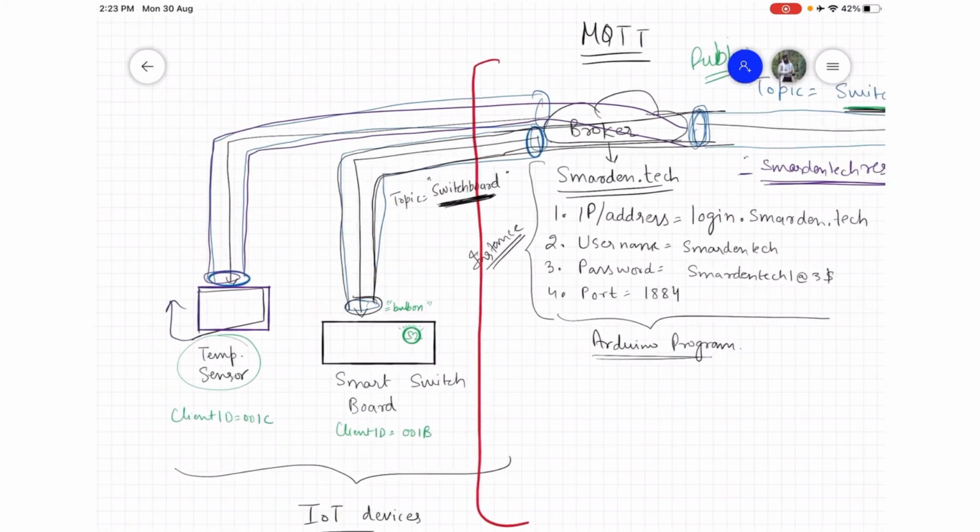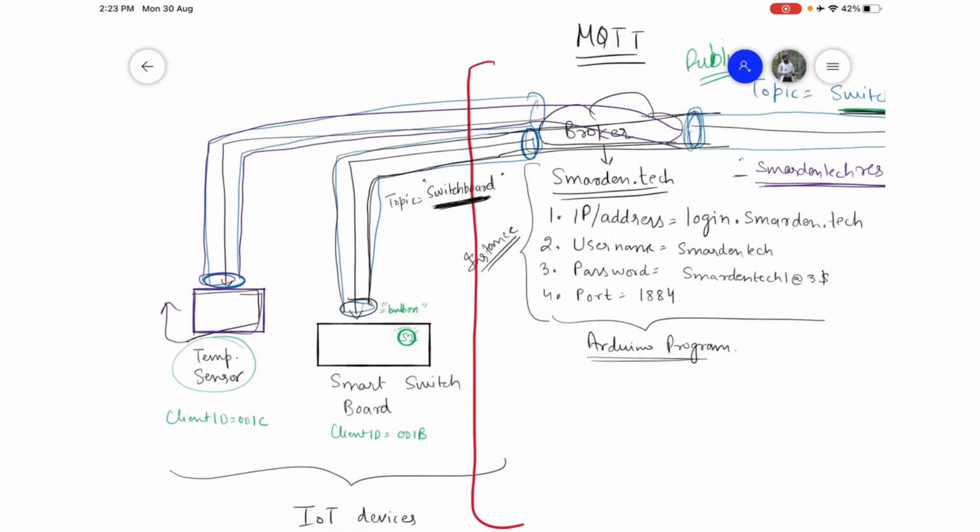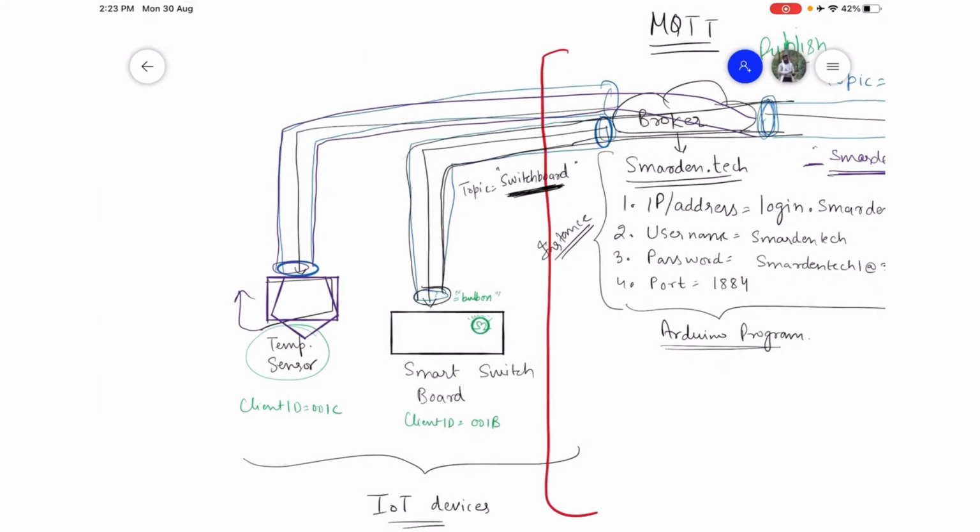So in the case of the temperature sensor, if you notice in your device details, you will find a topic, this publish on Smarden Tech Response. So here we will be publishing on that Smarden Tech Response, and the platform will receive the data.